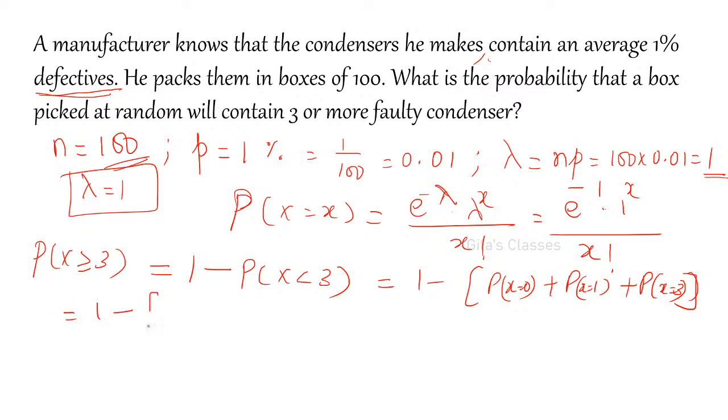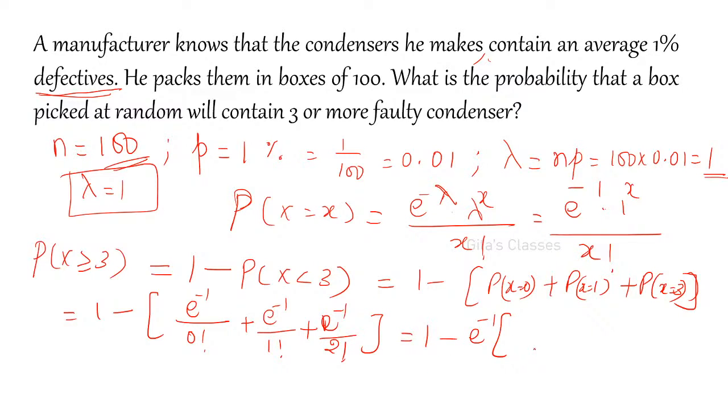So 1 minus, what is P of x is equal to 0? e power minus 1 is common, you can take it out. You write e power minus 1 divided by 0 factorial plus e power minus 1 by 1 factorial plus e power minus 1 by 2 factorial. That is equal to 1 minus e power minus 1 of,